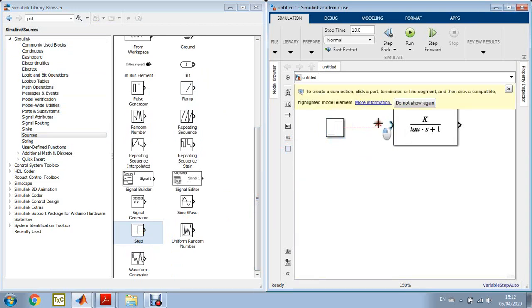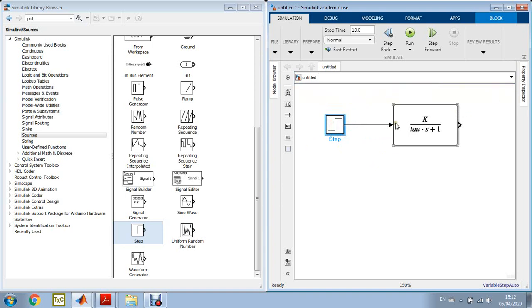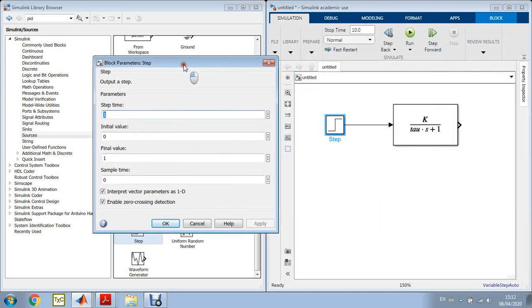You can connect the arrow with the input of the dynamical system. So double click again, always check what's inside. You have a step time, an initial value, and the final value. So step time is the time at which the step will happen, so the signal will go from something to something else. So initial value is the first something, and the final value is the something else. So basically, as you see it here, this step will go from 0 to 1 at time 1,